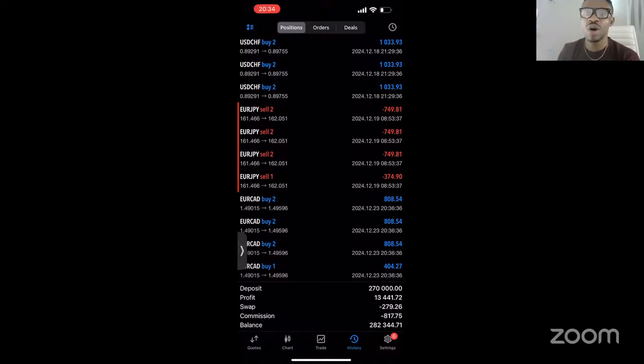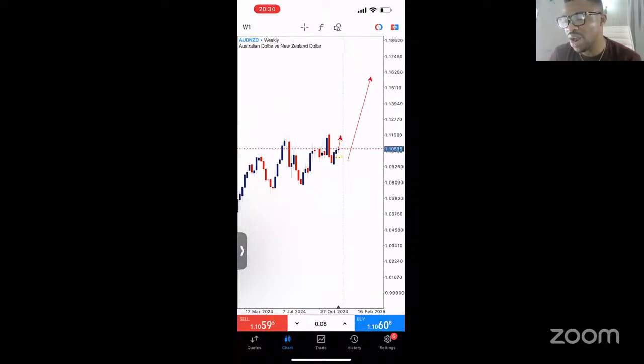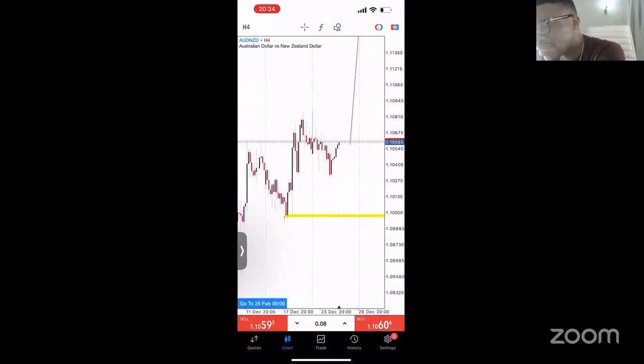Remember, your take profit is 1:3. So if the stop loss is around 50 pips, then the take profit is around 150 pips. If you check any market, you see 150 pips is achievable within a week. One entire week is